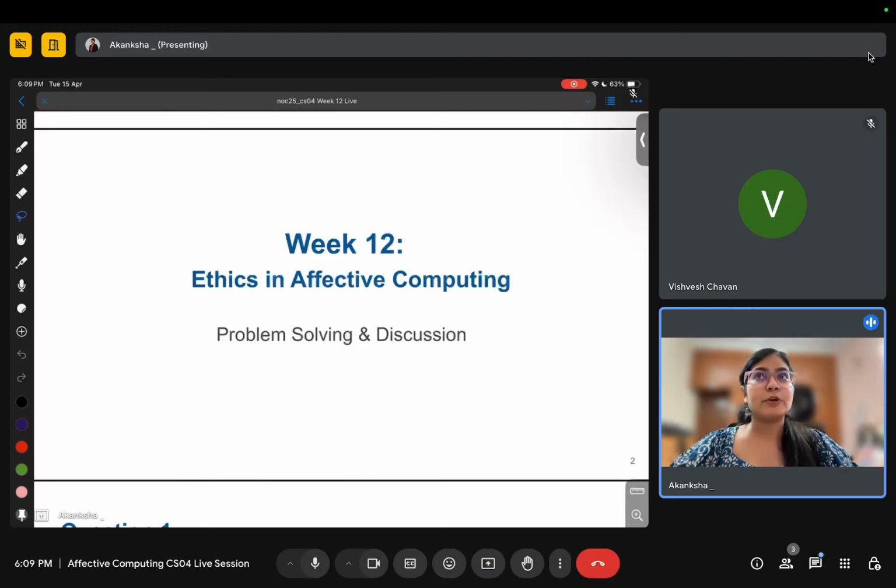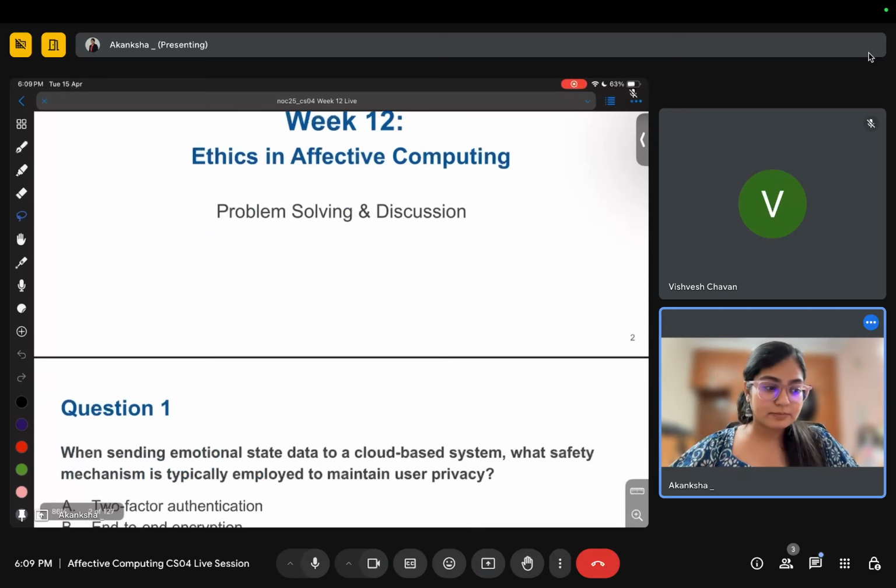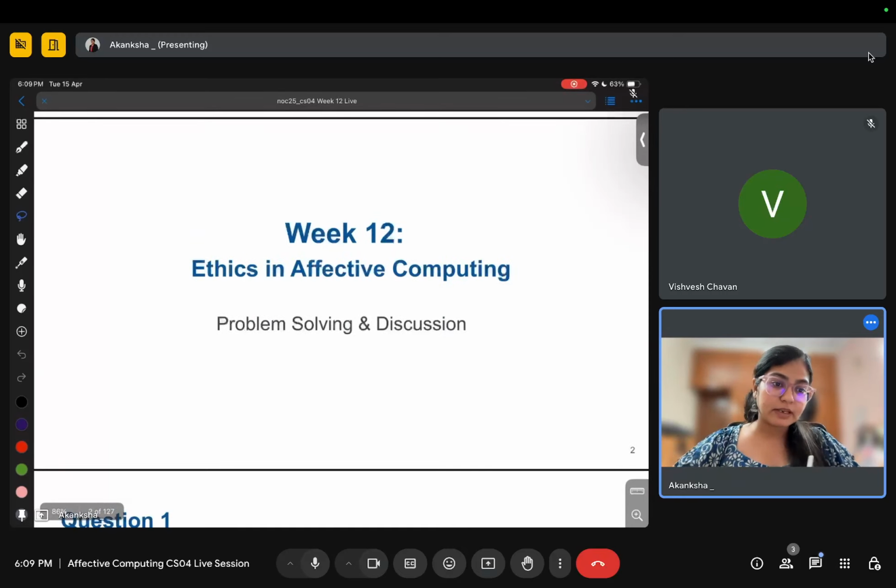This is going to be more of a theoretical concept, and might be repetitive for you, but ethics are also an essential part of whenever you are developing something, whenever you are developing a software, or in case of these virtual assistants that we talk about, especially in affective computing. It becomes very important that we take care of the privacy, security, and other aspects which can be compromised when we design such systems.